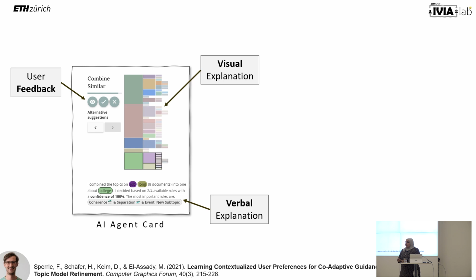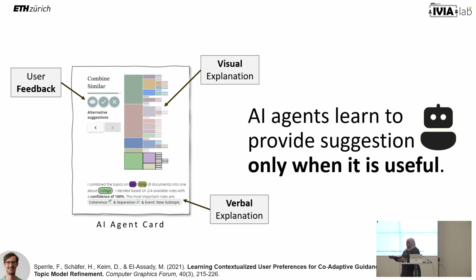Their main objective is to learn in which context it is necessary to do the operation that they're trying to suggest. So in your own work, you might have different objectives that you're trying to optimize, and you want to figure out at which point in time you want to perform a particular operation. In this case, it's combining different topics, but it could be any operation. The goal of these agents is to take one of these objectives and learn from the context of the analysis when to make a particular suggestion, and whether it would be accepted by the user or not.